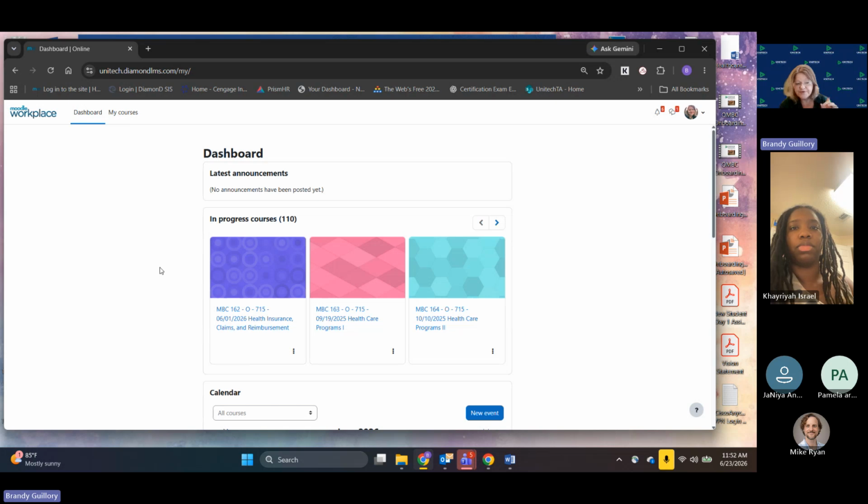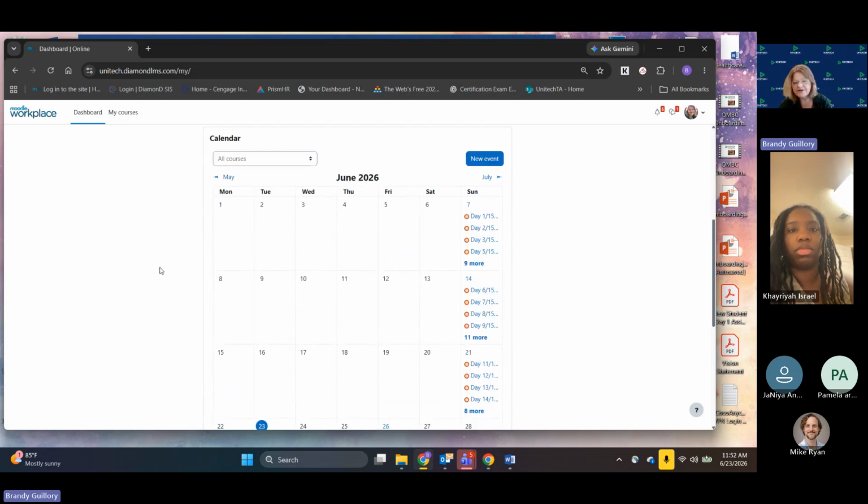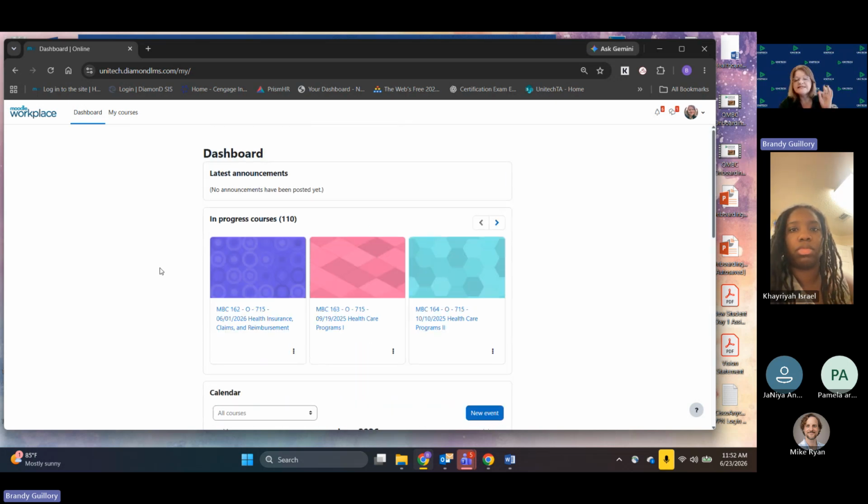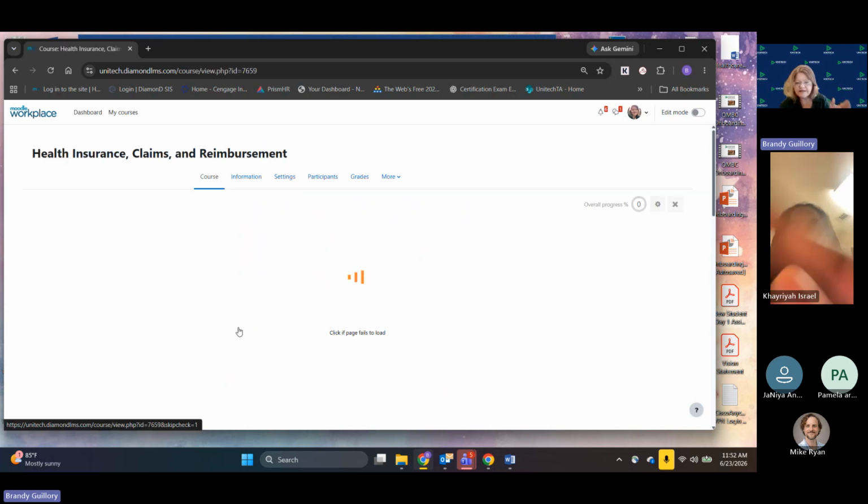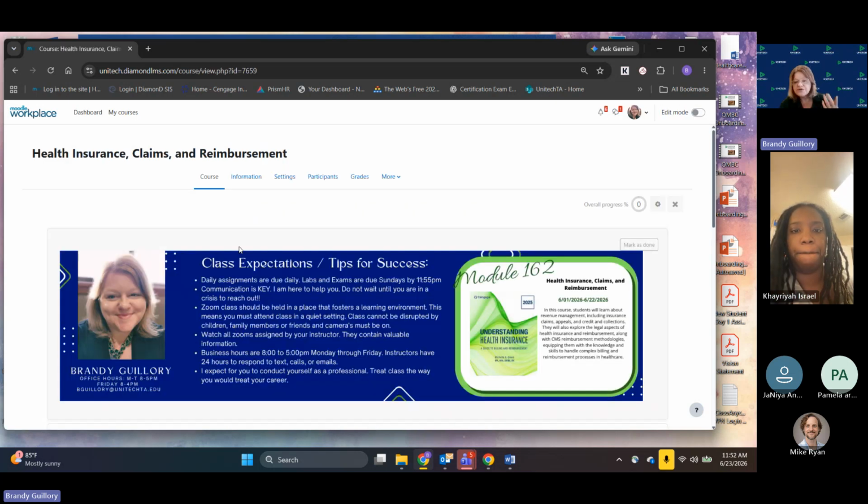And here's another pro tip. If you scroll down a little bit here, you will see a calendar. Please disregard the calendar. It is never correct for some reason. The different assignments just don't populate correctly due date wise on that calendar. So please do not use that calendar to get to assignments or count due dates or anything like that. All right. So I'm going to pop into this module just by clicking on the title. And after you click into it for the first time on the My Courses page, it will show up on the dashboard after that.